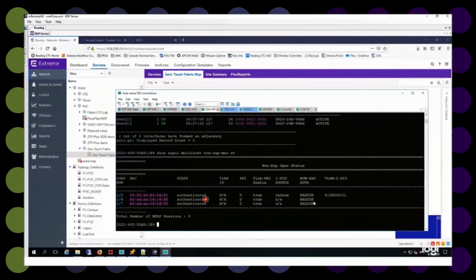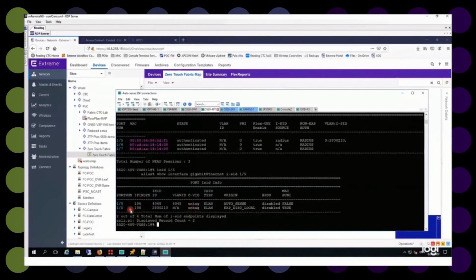We see we have a MAC address that has been authenticated through Radius and has been assigned an ISID. There is a 0 value for the VLAN, which means it's untagged, which means the ISID goes directly to the port where the user is established. Now, if we run an ISID value on port number 15, we see that is indeed the case. We see our service ISID that was established by Radius, but we also see our onboarding eTree and VLAN.